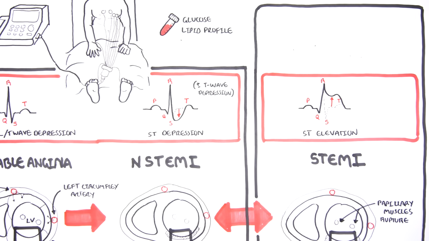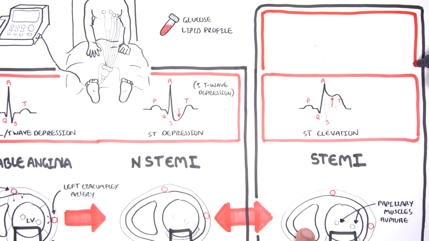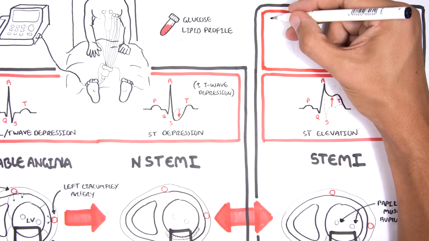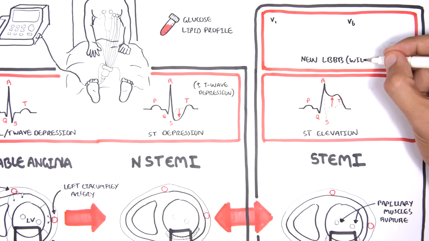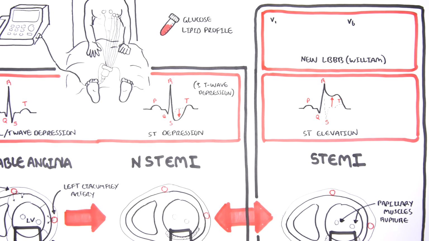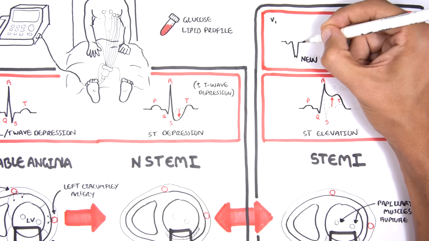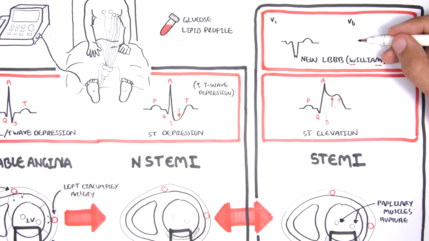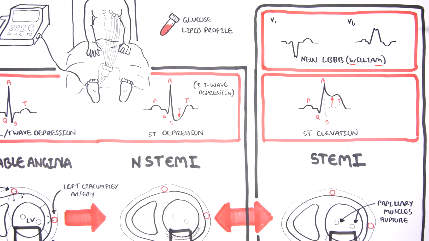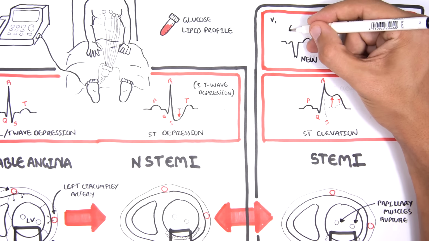With a transmural infarction, it is very important to also look for ECG findings which suggest a new left bundle branch block. To find a left bundle branch block, just remember the name William. The L in William suggests a left sort of bundle branch. The W and M of William tells you what features to look at: leads V1 and lead V6 on the ECG. In leads V1, you see a widened QRS with a W shape or pointing down. And V6, you see a widened QRS in an M shape or the QRS pointing up.